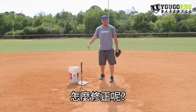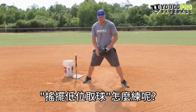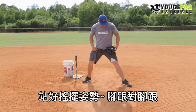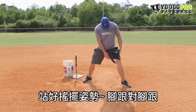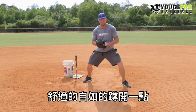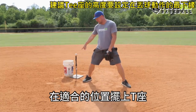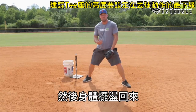And how do you fix that? You can do a drill called low grab rockers. For low grab rockers, all we're going to do is get set up in our rocker position, which is going to be our stride with our heel to heel. We're going to get nice and deep into that position, bending our knees, sitting our butt down in there. We're going to have a tee behind us, nice and low,